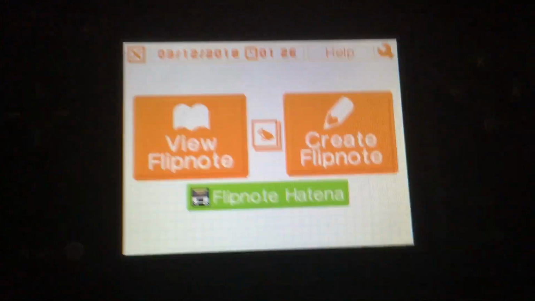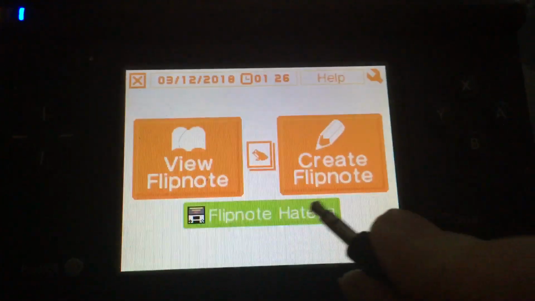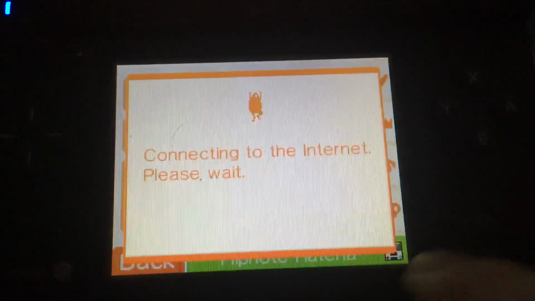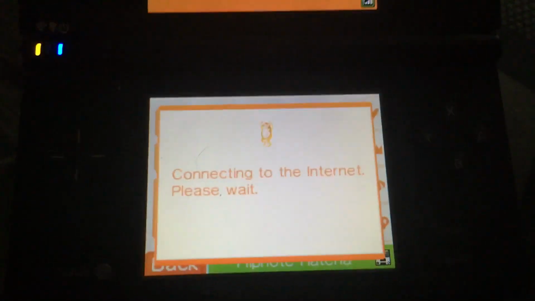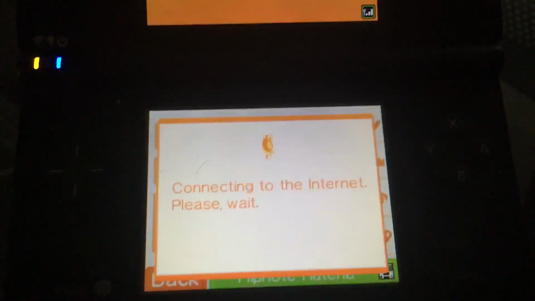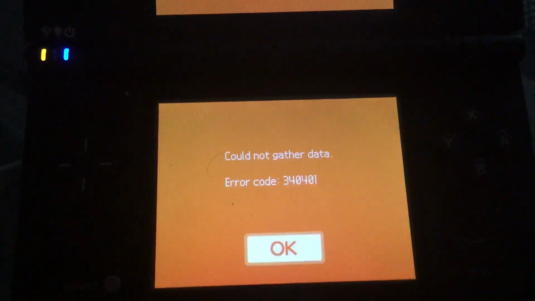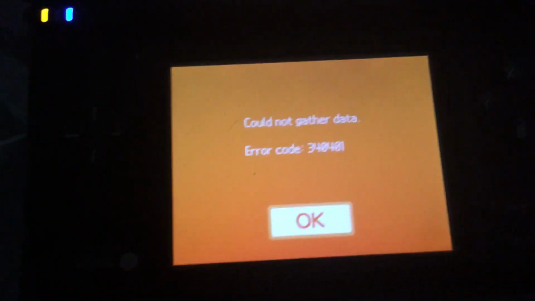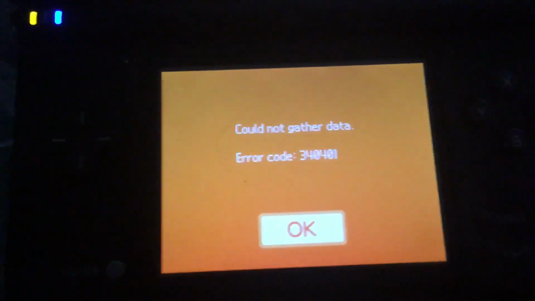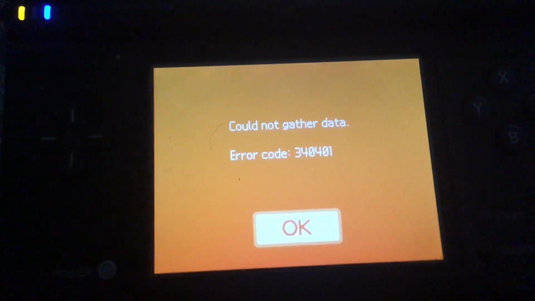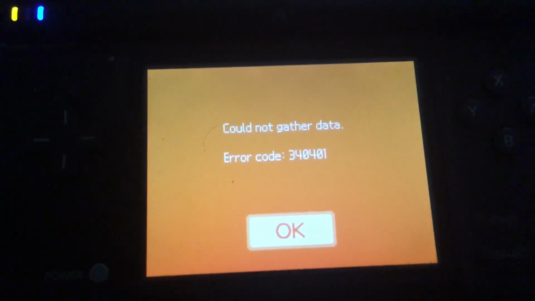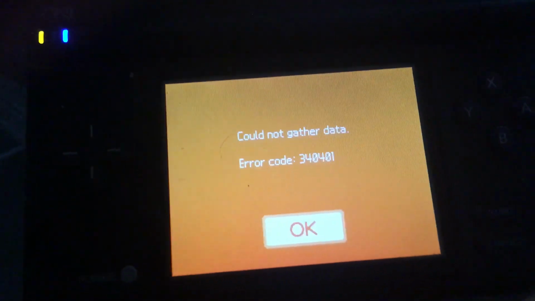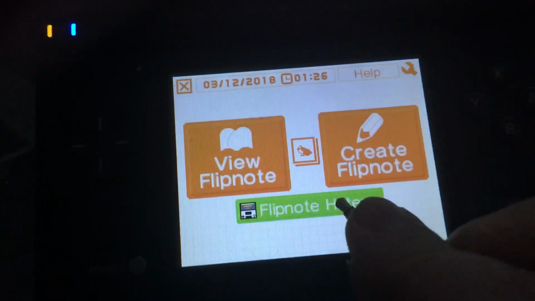Now, we're going to go to Flipnote Hatena. Now, something you should know is that the first time you try to connect after this, you will receive an error message, 340401. This is normal. And it is an unfortunate part of the new connection process. However, due to recent changes, it's required basically. So I said okay. Now the second time,